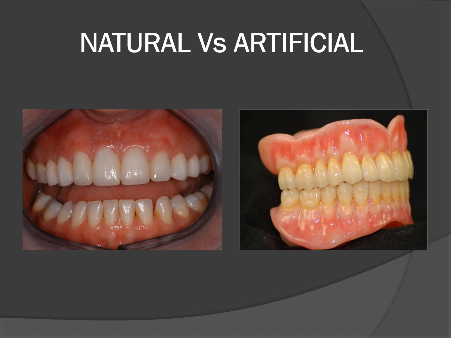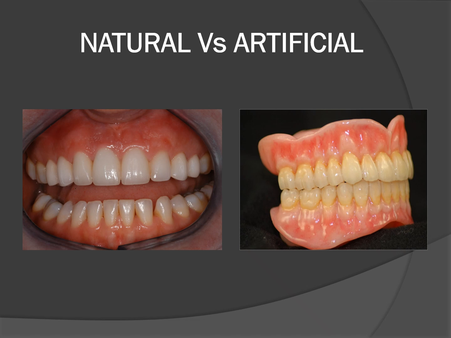When there is one tooth which is maloccluded, for example, there is supereruption of one tooth in a natural dentition, it doesn't affect the other side teeth. Whereas malocclusion in your artificial dentition, your denture teeth, will cause instability of the denture on the opposite side also. Likewise, the artificial dentition moves as a whole. So the lower denture on both sides are connected. When there is a force on one side, the opposite side gets affected, which is not the case